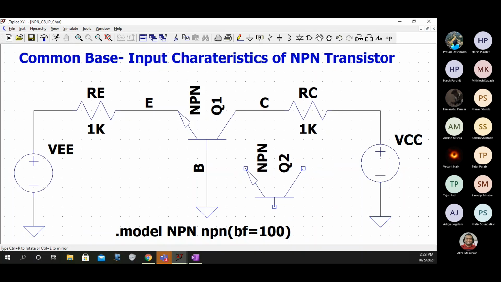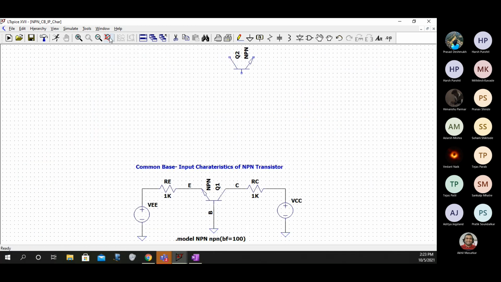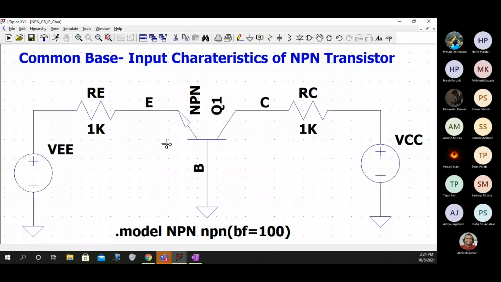Did you understand? Yes, sir. Thank you, sir. Did you get it or not? So everybody will try this mirror command. Okay, you are doing it for the first time, so let's try it. So I want you all to show me this circuit first. Put this in the chat box.